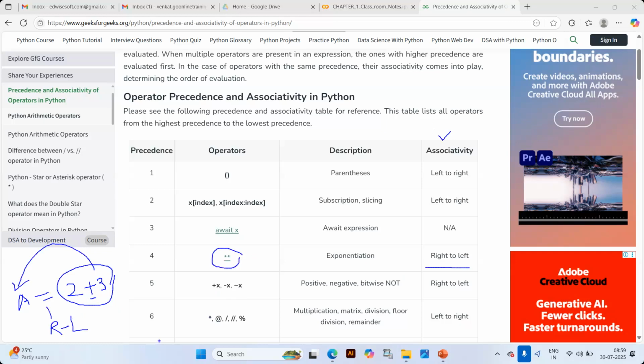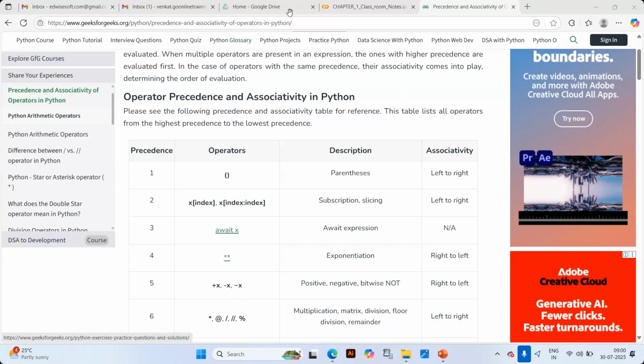Are you clear? So this is how sometimes your mathematical perception might be different from the computational one. So this is supposed to follow the operator precedence as well as the associativity concept. I hope everyone is clear, right? Yes, sir. Great. That's all about the arithmetic operators. And let's go back to the,